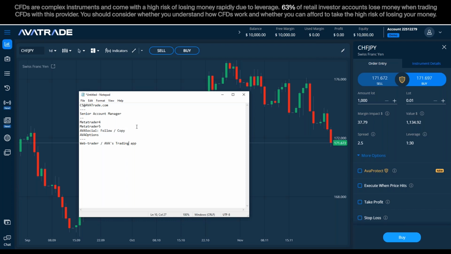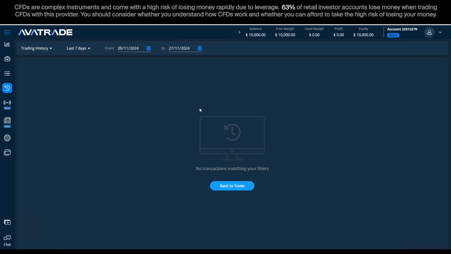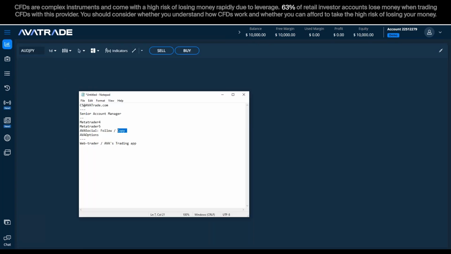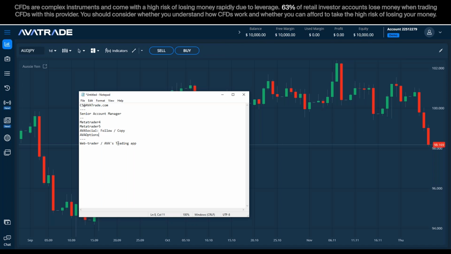In copy, I'm going to have my account executing positions automatically. Since I'm copying another trader, I'm doing the same as the other trader, and I can modify the lot size to my liking. And of course, I can go back to the history, to the positions, and I can see exactly what it did. And I can then review and analyze it in the way that I want. And with follow, we don't get the automatic execution part. I'm still going to get notifications and messages, but it's up to me to either trade or not.